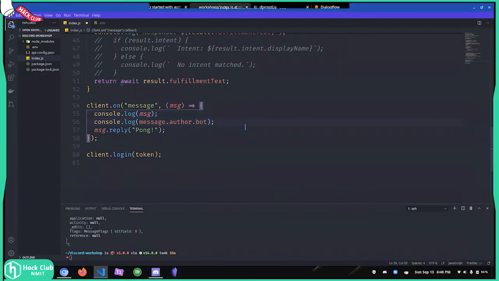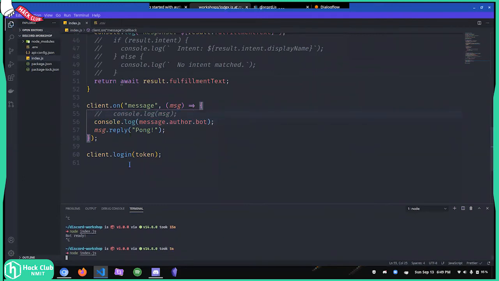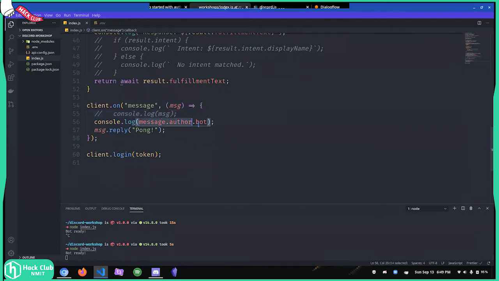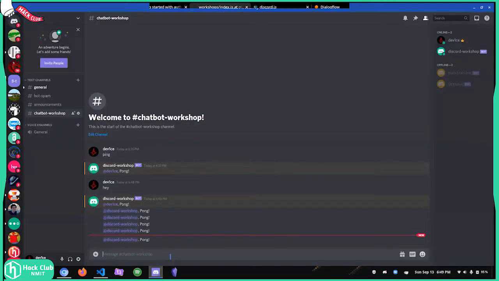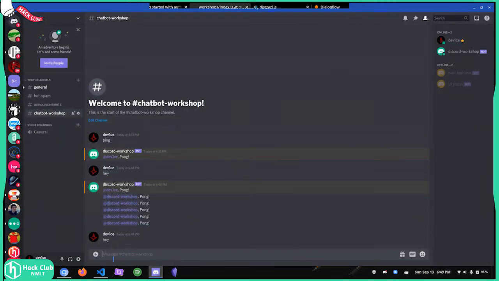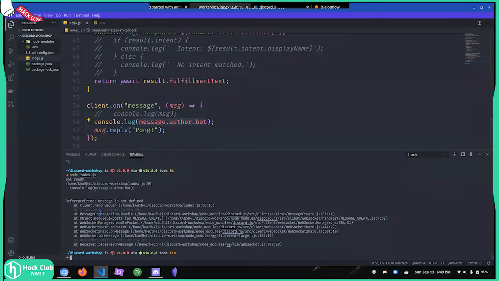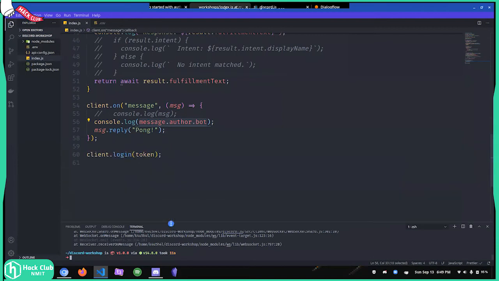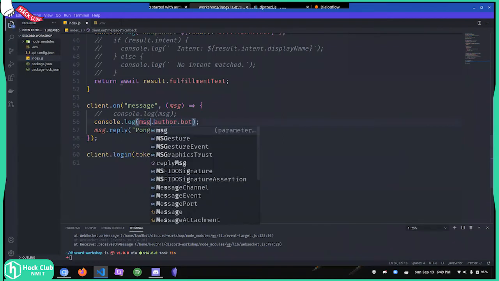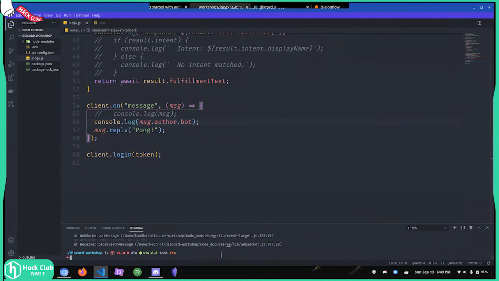All right. So now I'm going to save it and run the function again. I know that there's going to be an infinite loop over here, and yet I'm going to run this function again. This parameter will have a Boolean value actually, so I'm going to show you how it works. So now if I say, hey, wait, what happened? Oh, message is not defined. Oh my God, it's msg. Okay.